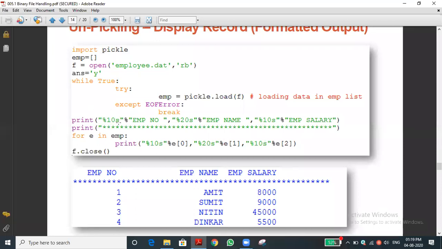Then we are giving the space, and then we are asking to print the employee number. We are simply printing it with 20 spaces. 20 s means string, s is denoting a string. Both the employee name and the 20 s are string data types. Correct, I understood. This is the special format specifier that we give for space.